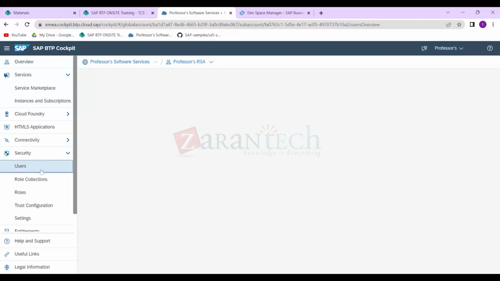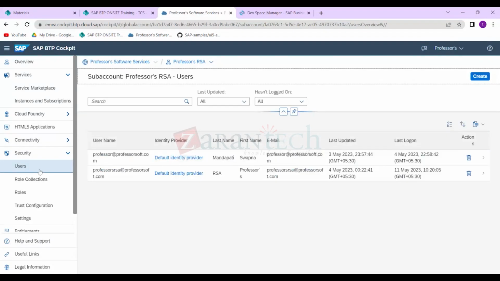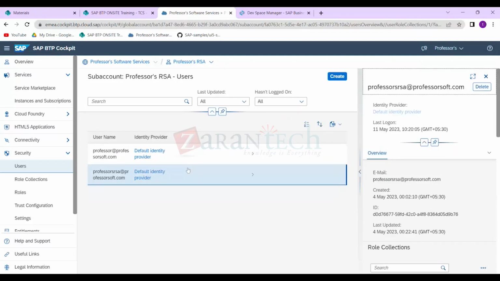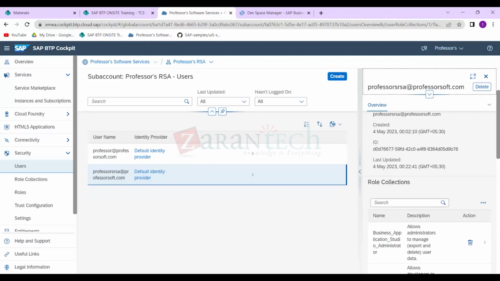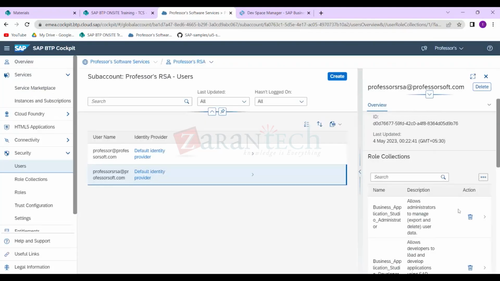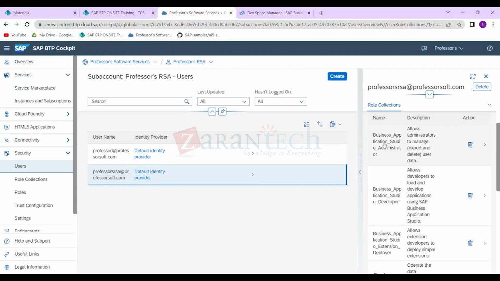Okay, now for the user, which is the user that exists for me, this is my user and it is associated with a default identity provider. Navigate over here. Okay, now once you navigate over here, you will have a role collection. Now once you go on to the role collection, what you can do is assign the role collection. As of now I was working as an admin for this and I have everything in place, so I am able to see this. But in case you are not able to see, what you have is, let's say,